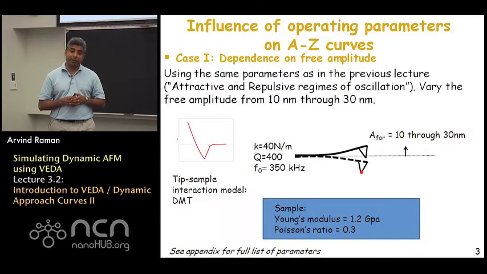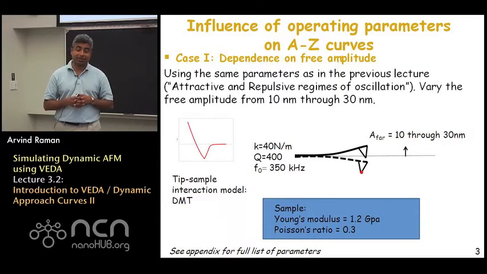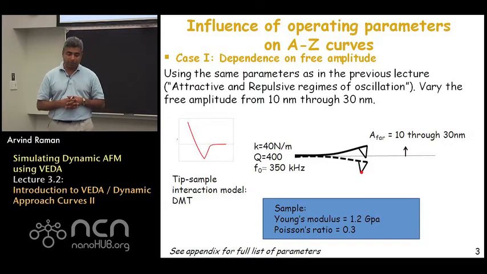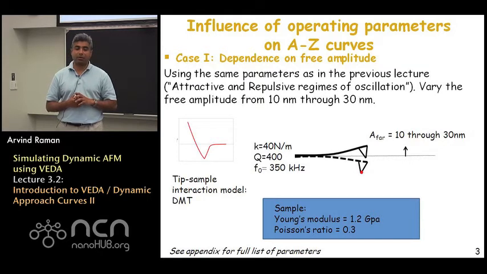The interaction parameters to be used for the simulation are briefly captured on this slide, but the appendix contains all the details. We have a 40 Newton per meter cantilever, and as we approach this soft sample, we wish to understand how the choice of the oscillation amplitude far from the sample affects